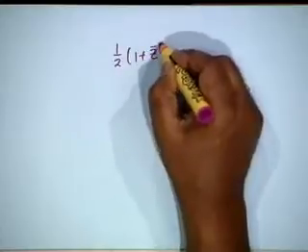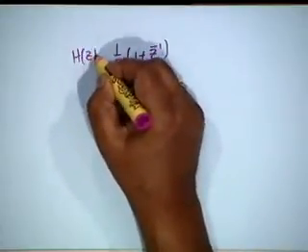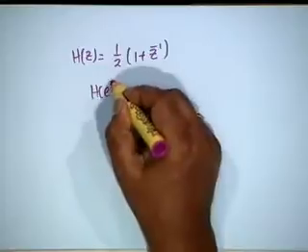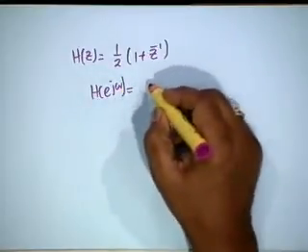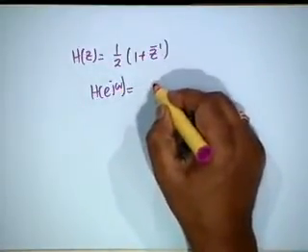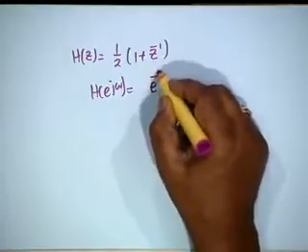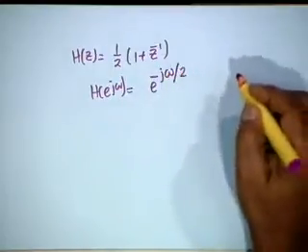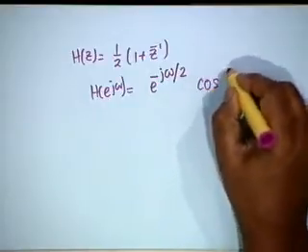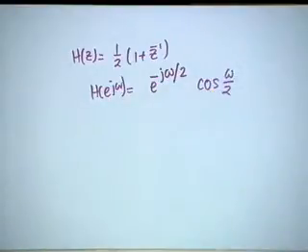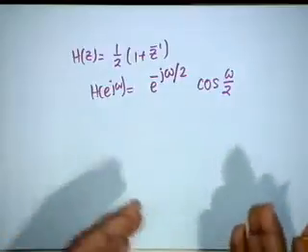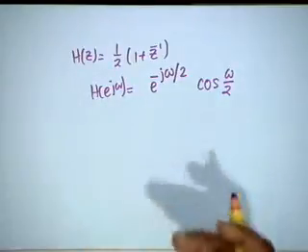But then this low pass example, half 1 plus z inverse, if you write the frequency response, obviously you can write H of e to the j omega as equal to e to the minus j omega by 2 times cosine of omega by 2. Is that right? I am avoiding the intermediate algebra. Put z equal to e to the j omega, take e to the minus j omega by 2 out, then this is what it is.